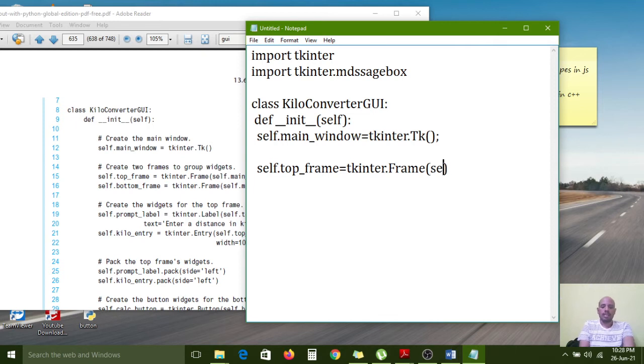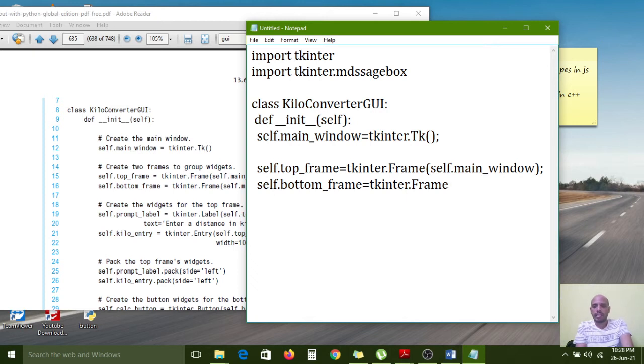Inside Frame we pass self.main_window, because we have to create that frame in the main window. After that, bottom_frame we have created using the tkinter.Frame method. The same parameter we are passing, because the bottom frame also needs to be created in the main window. So now two frames are created.